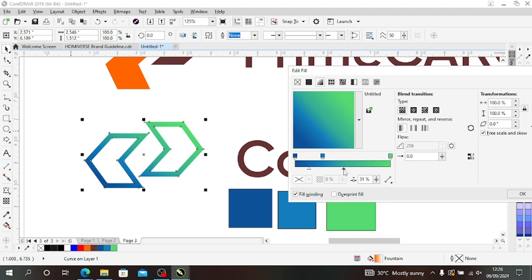Because I'm already a designer, most times I might not even need to use the color wheel before I know the right colors to use for a particular design. So remember yesterday I told you about